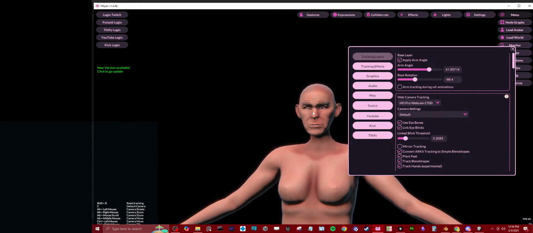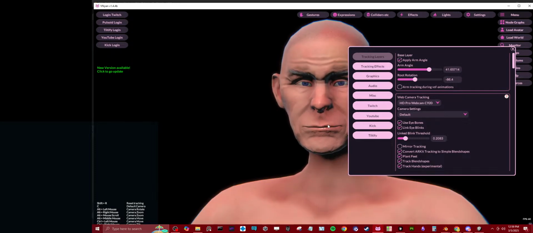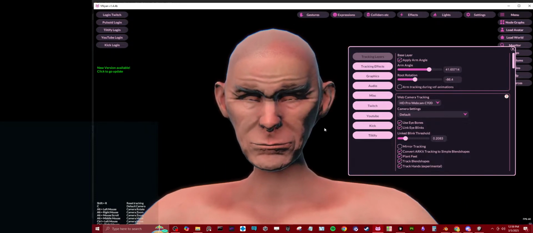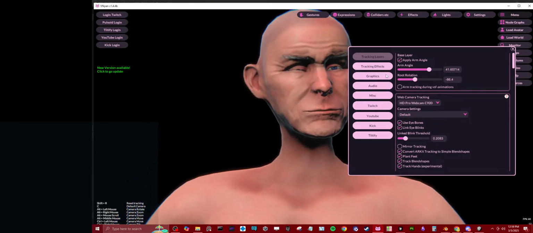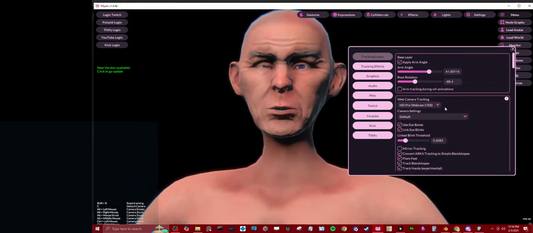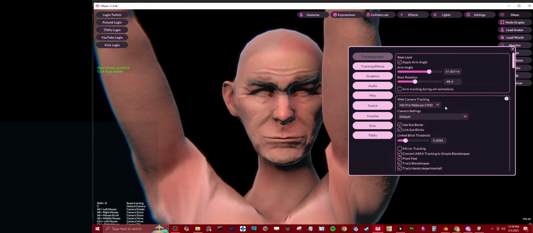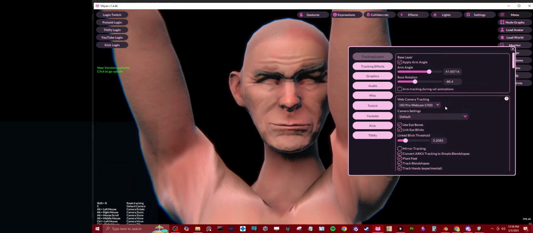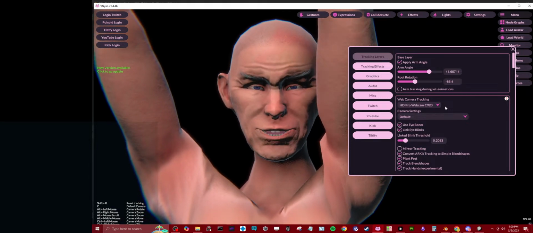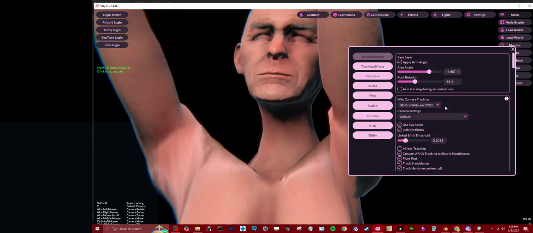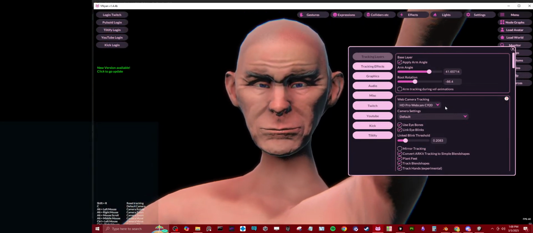It's not working with my glasses very nicely. Tracking is really intense, but it is working. Things need to be calibrated, but other than that,